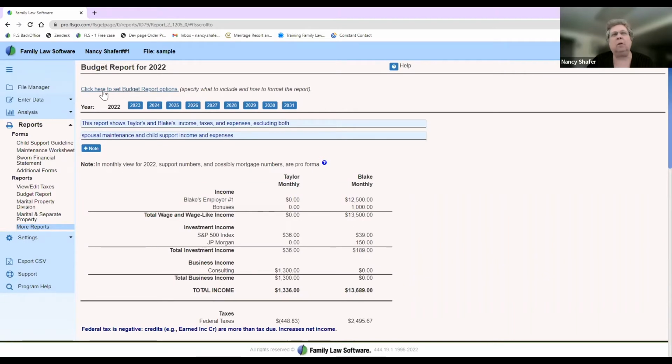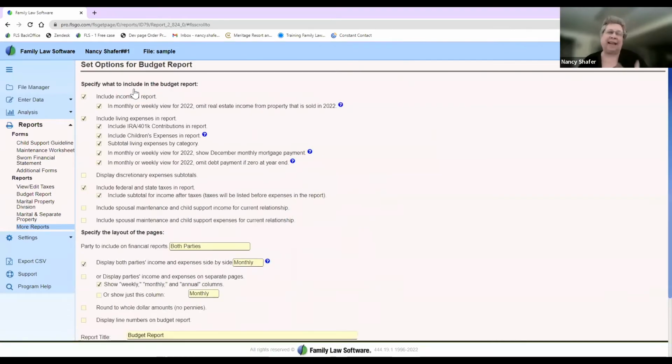And also click here to set report options. On the top of almost every report, you're going to see options, which is not going to change the data, but is going to change what shows in the report. So I can show income and expenses, or I can just show expenses, or I could just show income. I can include or not include the maintenance and child support